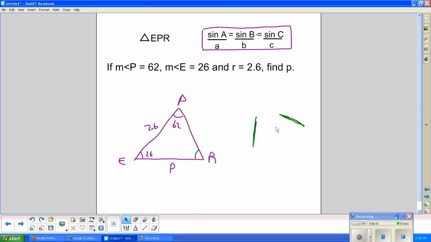So we're going to pull all this green stuff out, and we know that angle R then is 92 degrees. That allows us to set up our ratio. Again, we're going to use angle P and leg p, and angle R and leg r. So our ratio is sine of 62 degrees over p, equals the other ratio, sine of 92 degrees